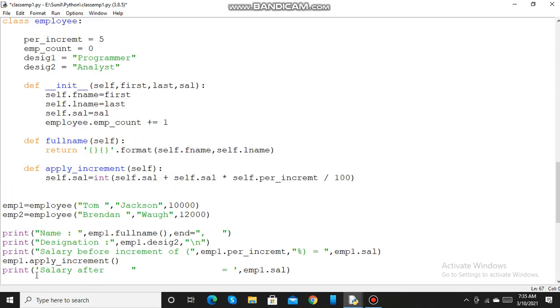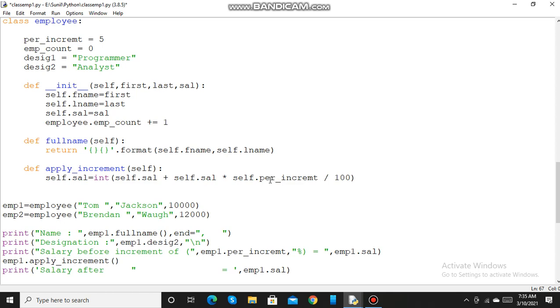Then I am calling this method apply increment. It is associated with instance emp1. So it will call this method apply increment and self will be emp1. So emp1.sal, that is 10,000, into emp1 dot percentage increment.